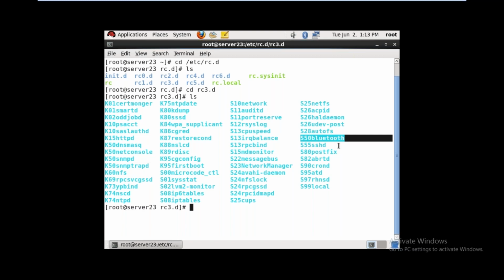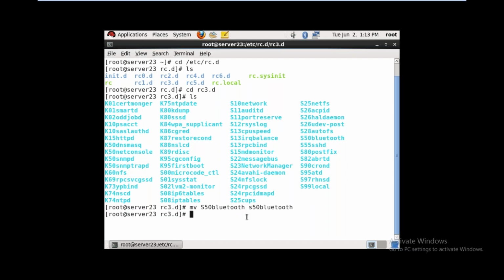Files starting with capital S are startup scripts. So what I am doing here, I rename the file from capital S to small s. Then it will not read the script at the time of booting. This Bluetooth service will not run at the time of booting.